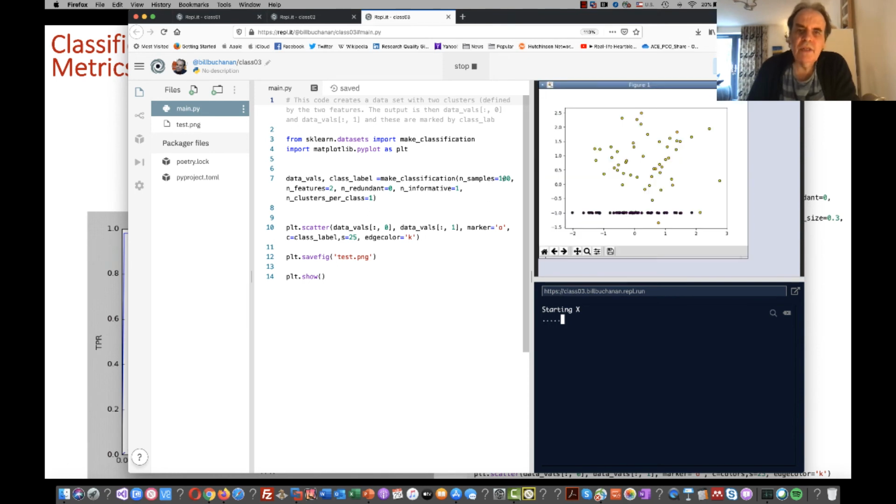Okay, so in this case we've got 100 data points, and here they are. They're classified as yellow and blue, so this will create two clusters. Our data will be tagged for the X value, the Y value, and then also as, say, a 0 and a 1 for the clusters which they relate to.